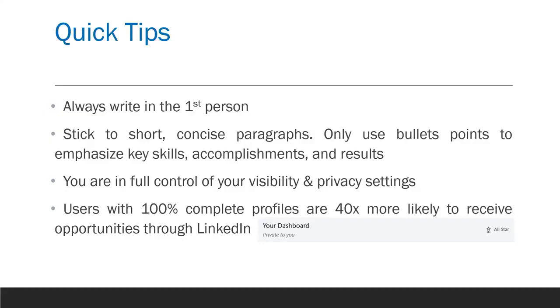Your profile will be labeled as an all-star profile, as you can see there on your dashboard, and your dashboard will be shown to you when you click on your own profile. It'll be right in front of you. If it doesn't say all-star, it will give you an indication of the percentage completeness of your profile. So it will say 60% complete, 80% complete, and it will also tell you if there's any gaps where you need to insert that information.